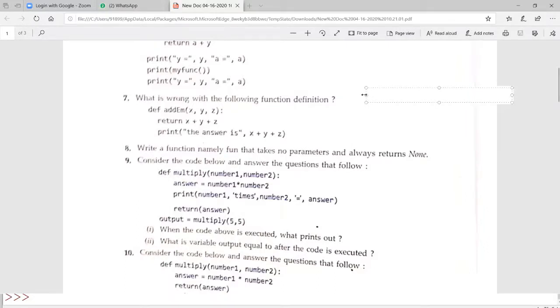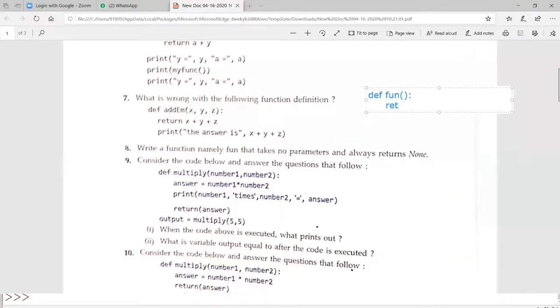Question number 8, they're asking you to define a function. The function name is fun and it won't have any parameters and always returns None. So what should be your function definition then? def, the function name, and empty brackets. The name of this function is fun, without parameters, so you should simply use the brackets and colon, and they said it will return a value None.